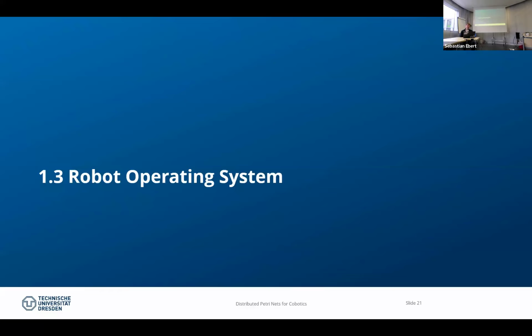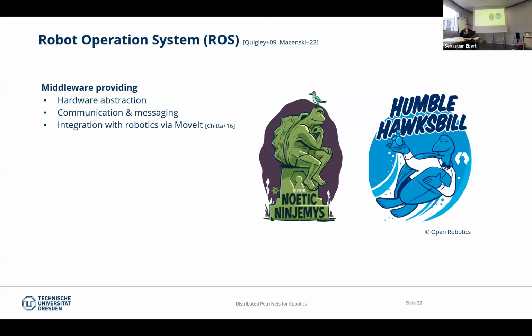The Robot Operating System is the framework we're using at our chair for developing robotic applications, and it's also the de facto standard robotic middleware. Many of you will probably know it already. So just to keep it short on the meta level, it's a middleware providing hardware abstraction, communication, and also bundled libraries for planning of robotic motions and much more functionality. It's multilingual, so you can use it in many languages. The most used ones are C++ and Python, but there also exist bindings in Java, for example.